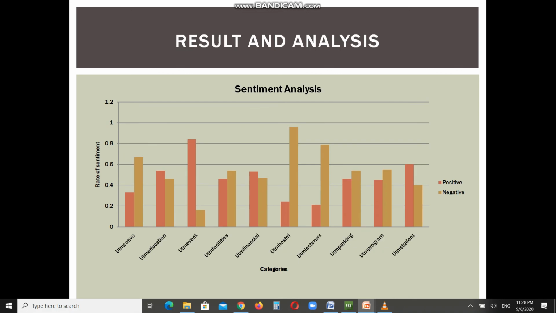And then this is the result and analysis of the sentiment analysis of each category. So from here you can analyze the positive and negative comments.